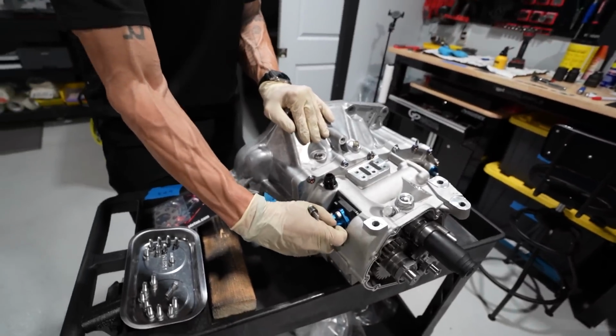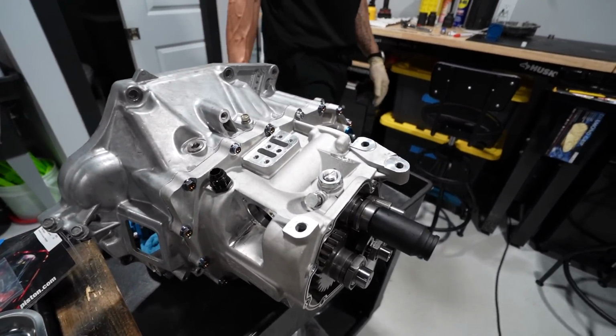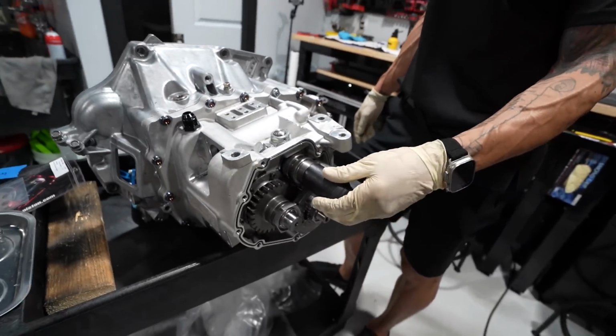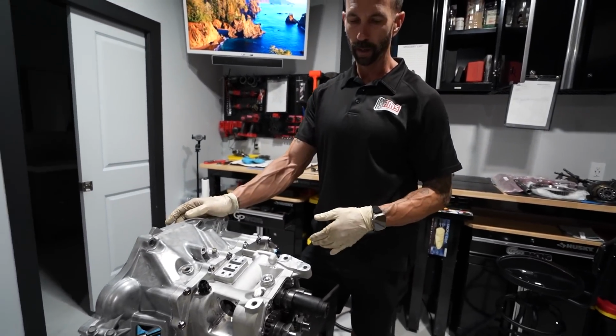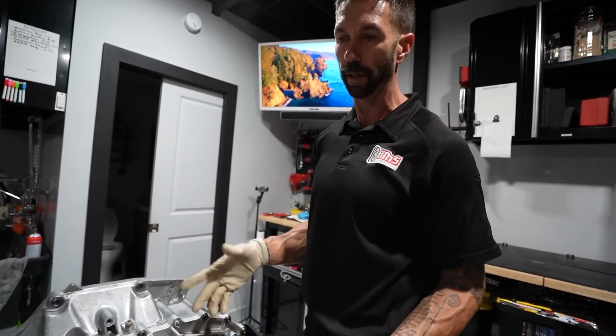All right, so before we end today's video, Mark wants to demonstrate how this works. Pretty much, this is a Quaife sequential built by Mark. He offers all the parts. So yeah, we build these in-house. We clearance them all, just like we do on our H patterns, but just kind of wanted to give a rundown. Instead of the standard pull, push in an H,